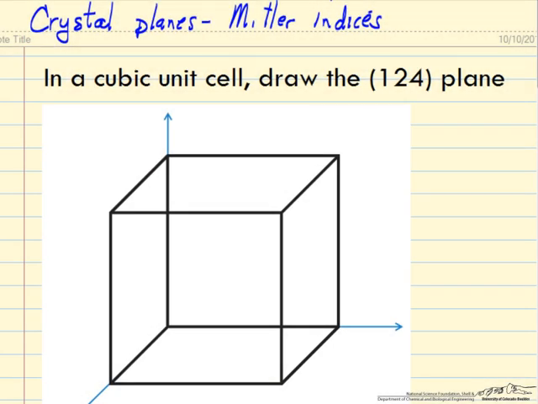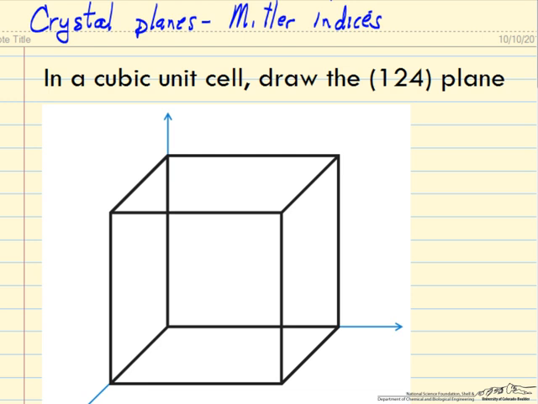A notation called Miller indices is used to indicate the different planes in a crystal structure. And these planes have different arrangements of atoms, different densities of atoms. And they're very important for X-ray diffraction. They're also important when you look at surfaces for catalytic reaction, many other applications. And so this video will describe the notation, and we'll use a cubic unit cell as the easiest one to